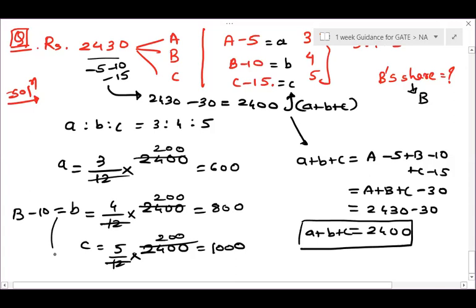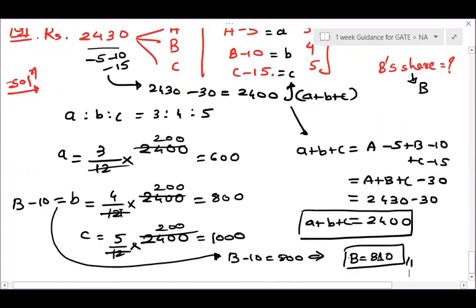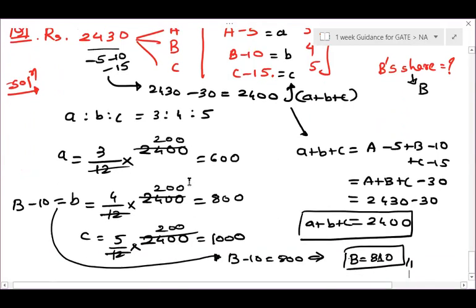Right. Now from here, understand this carefully. If B minus 10 is 800, what is your B? B will be 810, or not? Is it clear? Should I repeat it once again? Please give me some response. Right, I think I should repeat. Repeat करो ना, नया है ना, हो जाएगा? Okay, great, great, great. Okay.